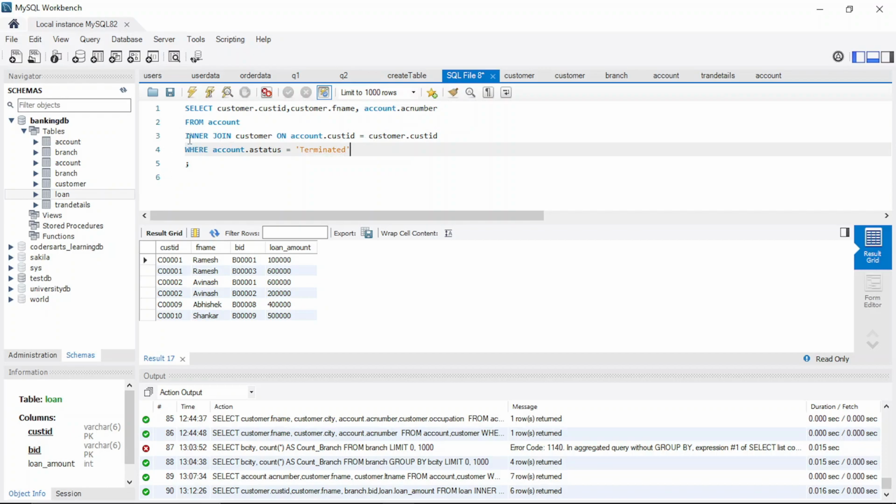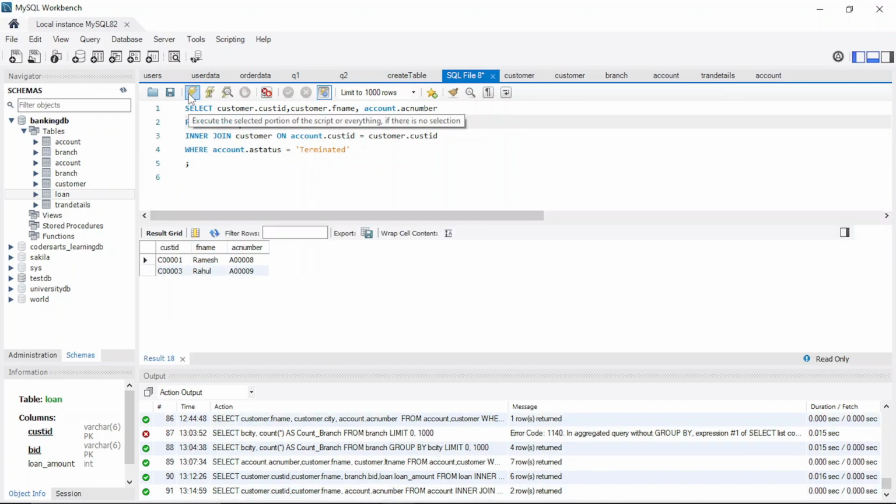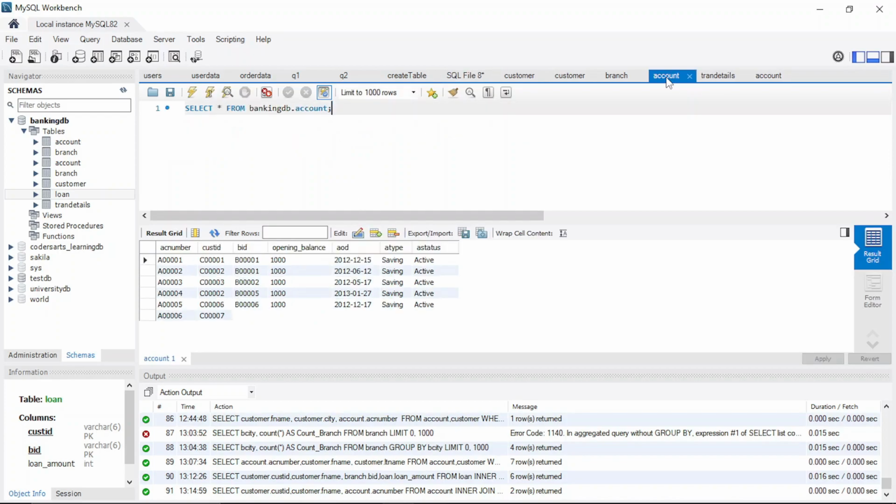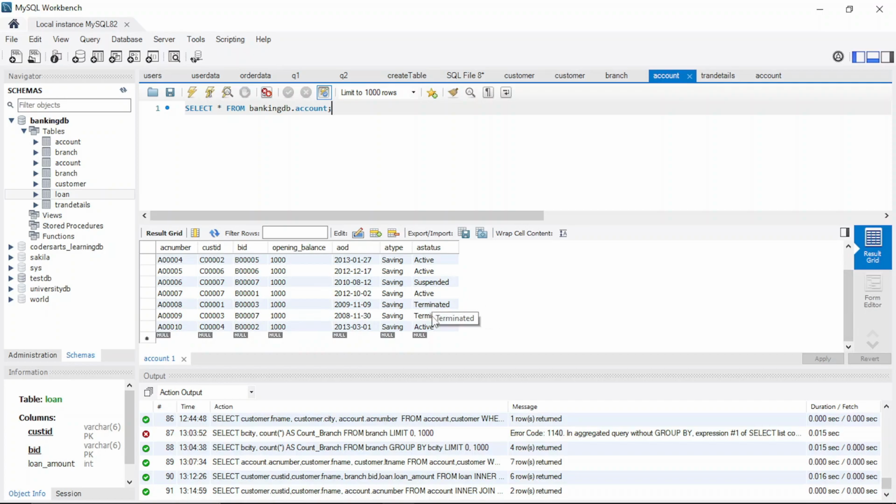So we could use where method as well, but let's go for the inner join. So you can see two accounts are terminated. If you see here, so you can see two accounts are the accounts which are basically terminated,